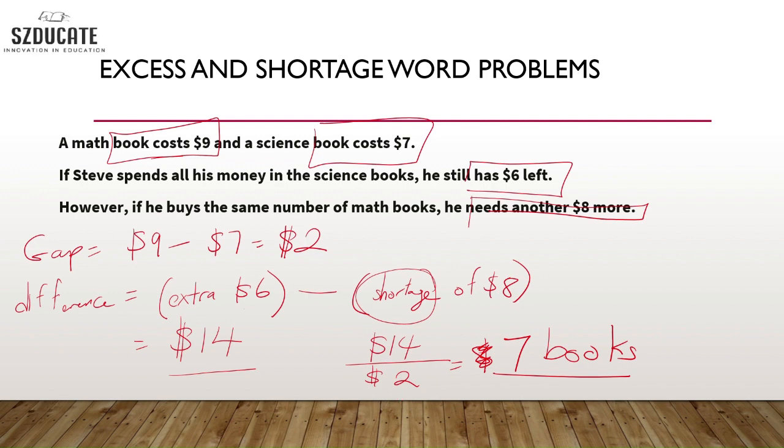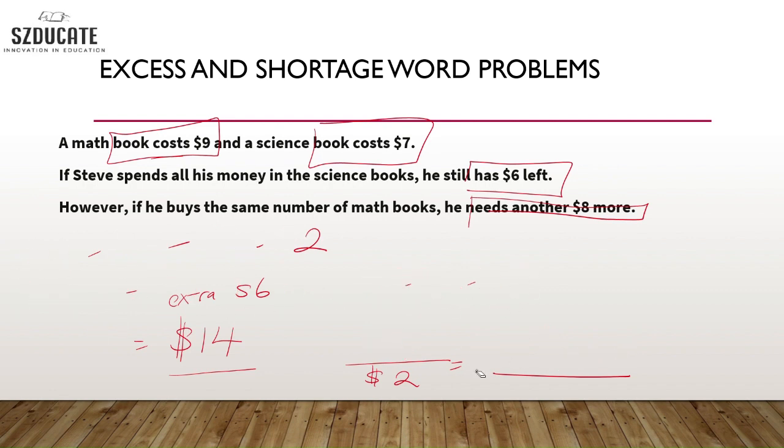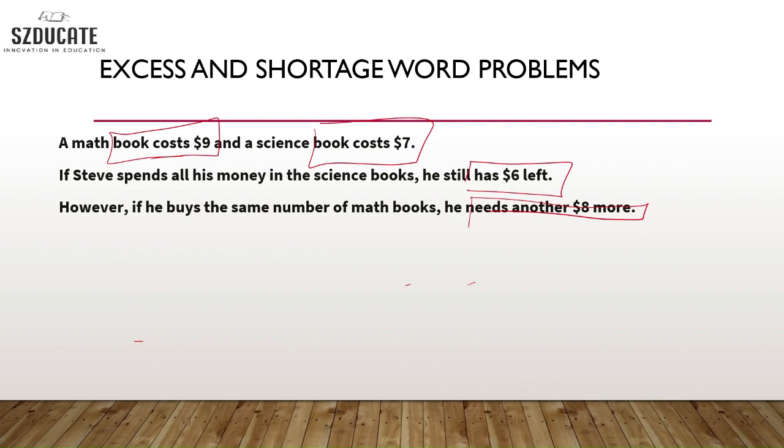Alright, let's test this. First, let me erase all of this that we were working on. We identified that it's 7 books. So first case, maths book, $9. 7 times 9 gives me 63. And 63, if I buy everything with maths books, I need another $8 more. That means I don't have enough. That means how much do I have? I must have less than 63. 63 minus 8 will give me